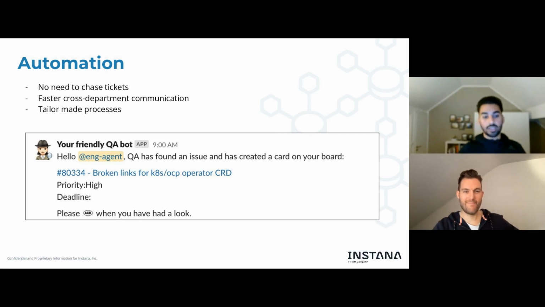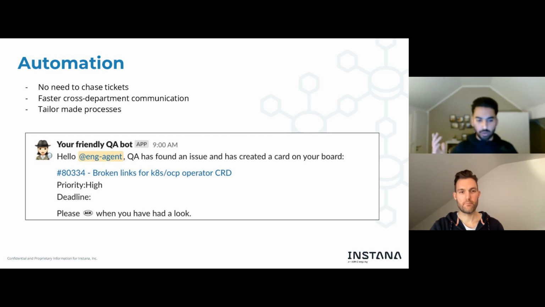Once they do this, I think the technical stuff behind it triggers a Lambda, so a cloud function, and an instant message is put into Slack, tagging the respective team, showing the card and a message, just, hey, acknowledge this whenever you have a look. But you don't need to chase this work anymore, or duplicate everything. It's just one institution, in this case QA, that creates the card, and the card is pushed to the respective teams, and you don't have to worry about chasing those tickets, right?